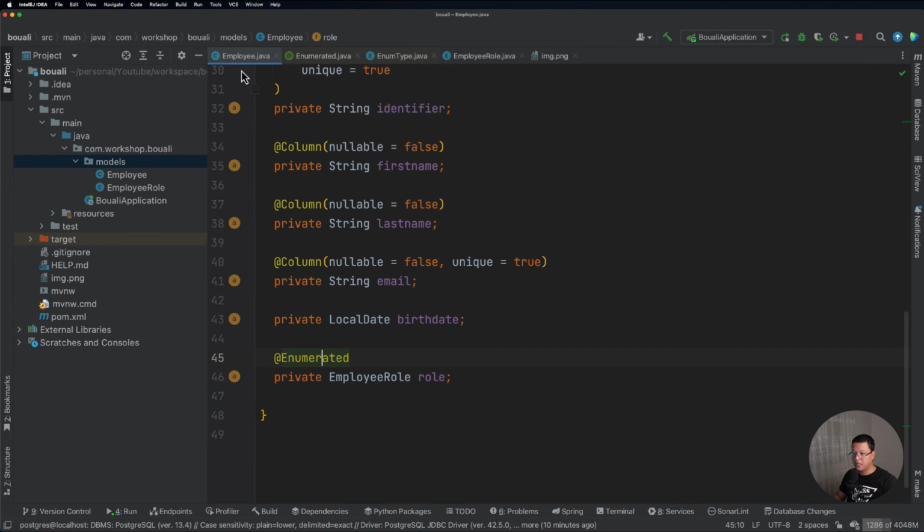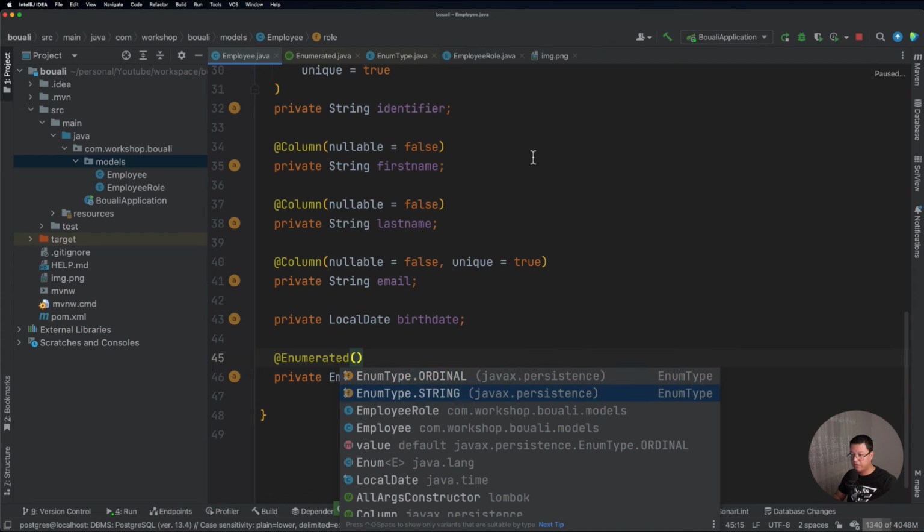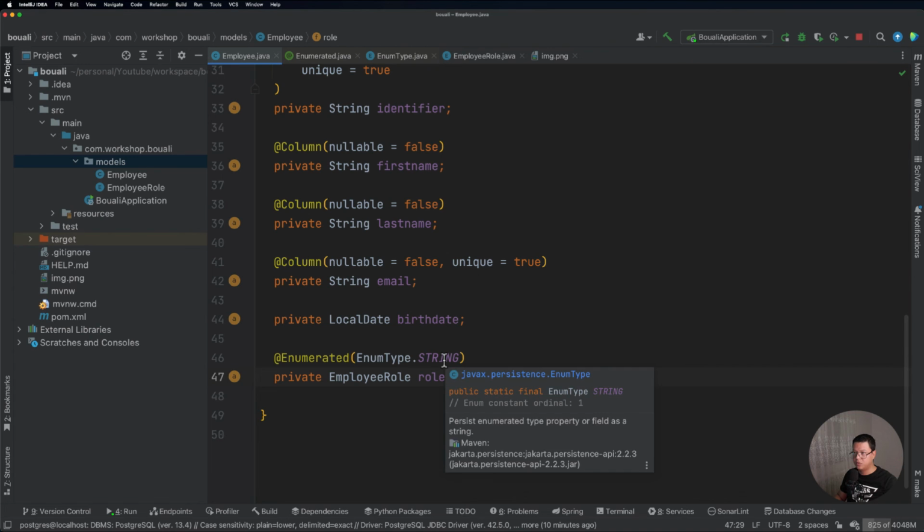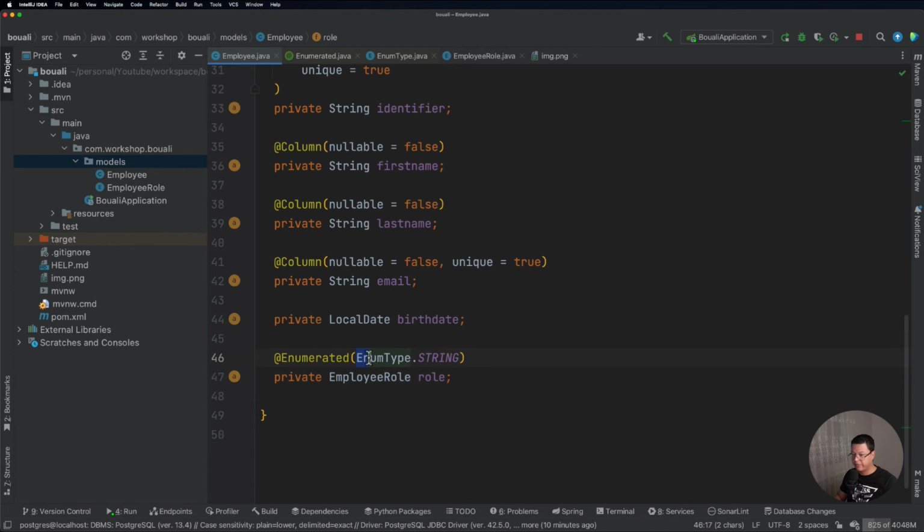Let's go back here and add this property. And here we have the options of ordinal or string. And because for the role we decided that we wanted to have either role user or role admin, all we need to do is to give it this value, EnumType.STRING, and it will be persisted as a string. I will just restart the application and check the changes.